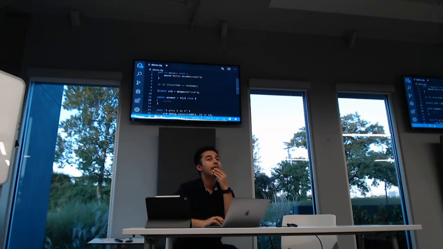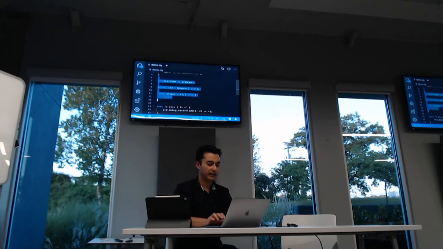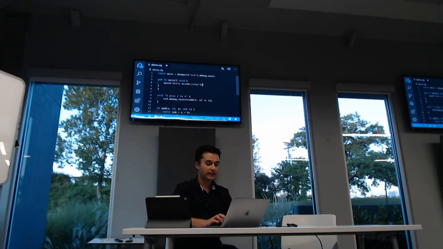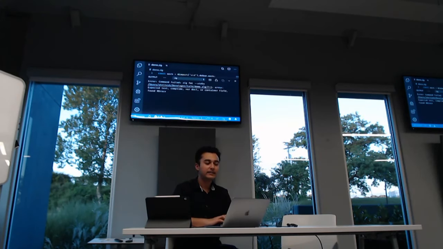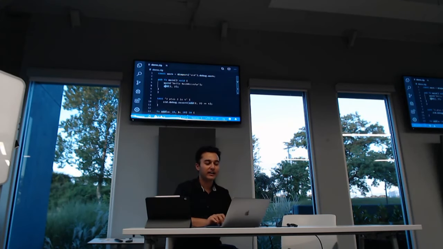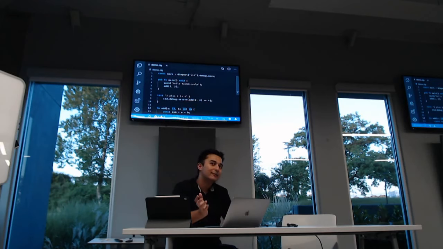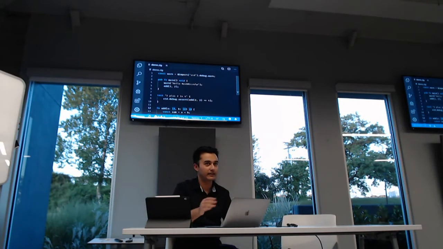Sure, but forget that. If I have real dead code, can it warn me about that? Yes. Let's say you just did add 2 and 2, and you're not using this code at all. The return value of an add is an I8. You're not using it, so technically the compiler can get rid of that.